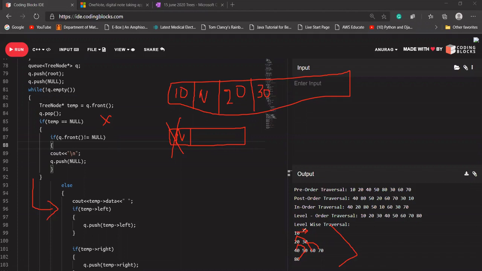Let's see, here one more data is there, that is 9. So our traversal will look like: 10, 30, 20, 40, 50, 60, 70, 9 and 80. Is the question clear? The spiral level order form, level order traversal.